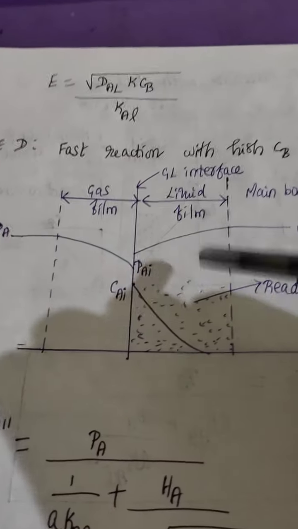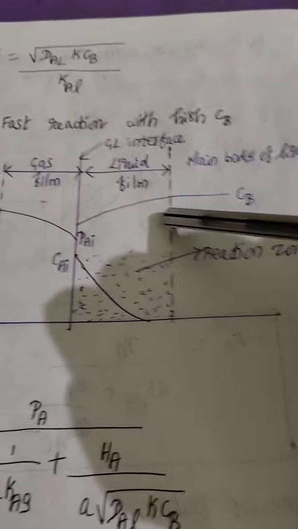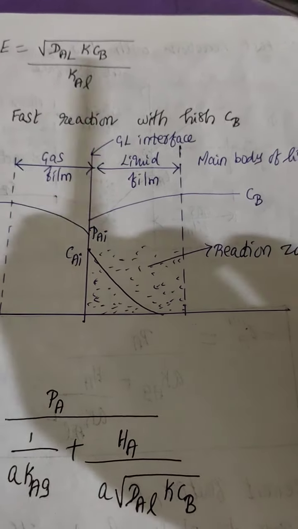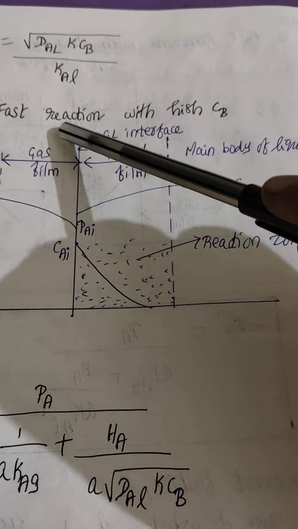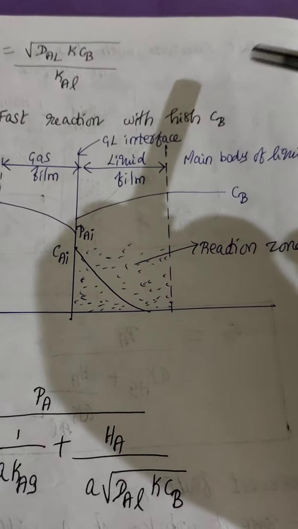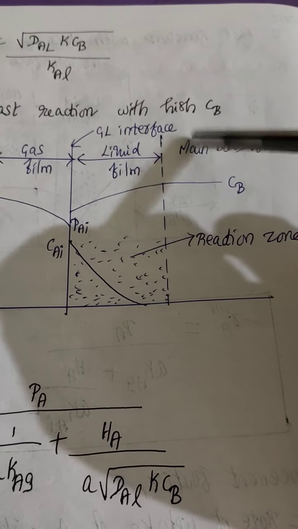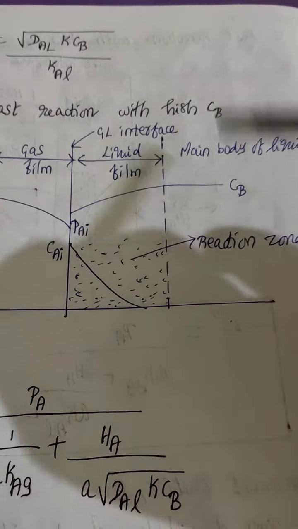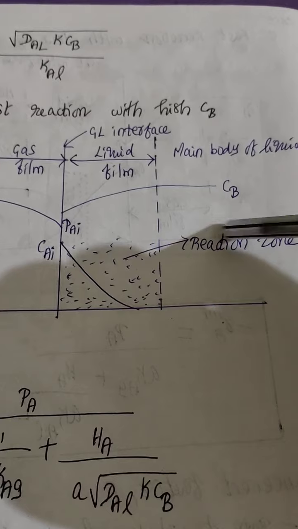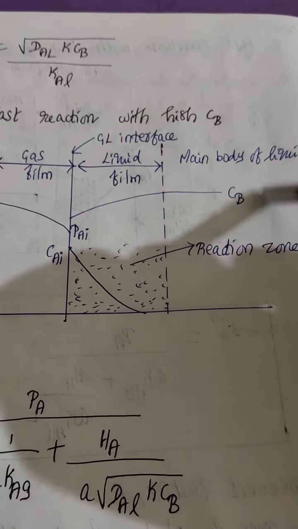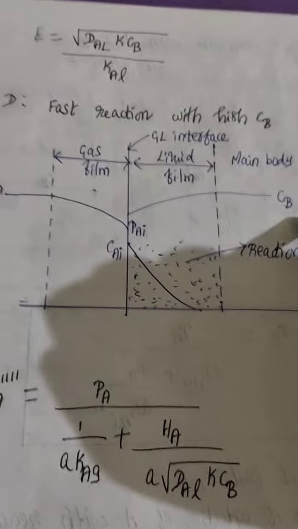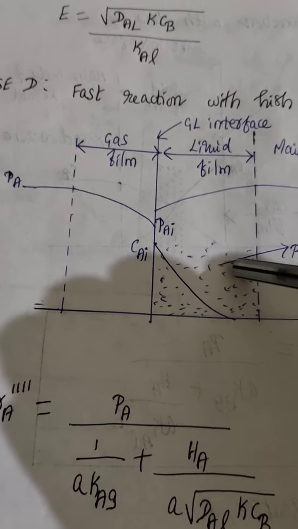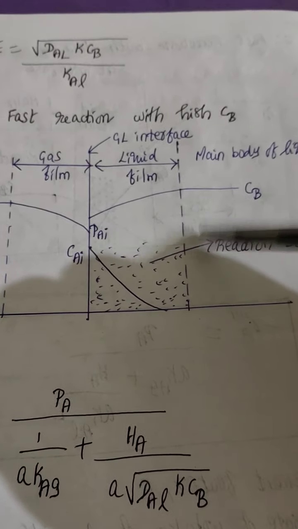In the beginning of the class itself, I have said the stoichiometry equation, that is gaseous reactant A reacts with a liquid reactant B, right? So our rate of reaction is going to be a second order reaction, but here since Cb is very high, we are going to neglect the concentration of B and we are going to consider the rate of reaction with respect to the concentration of A. So we are going to consider it as a pseudo first order reaction.